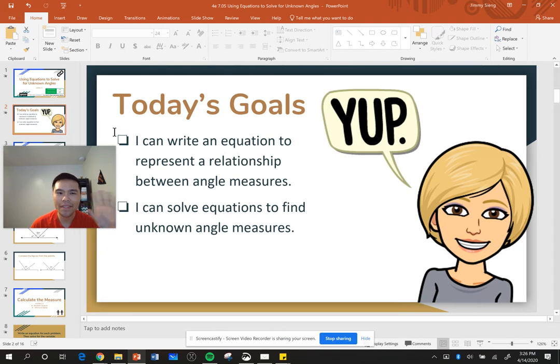Goals today, say hi to Karen. Yep. I can write an equation to represent a relationship between angle measures, and I can solve equations to find unknown angle measures. So again, this goes back to, remember, the two things you need to learn are complementary and